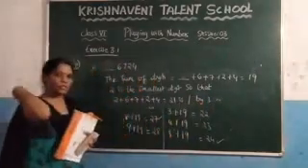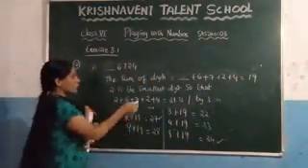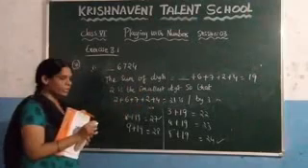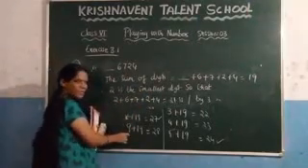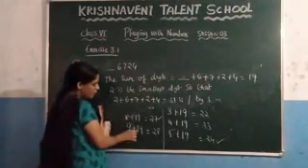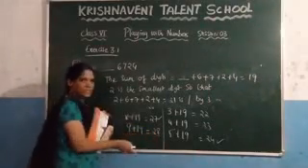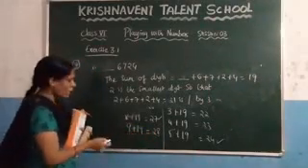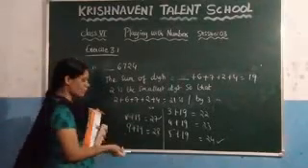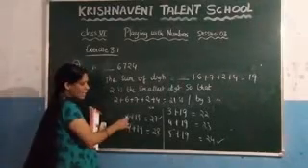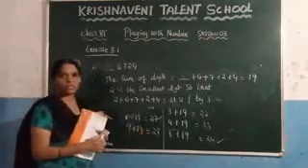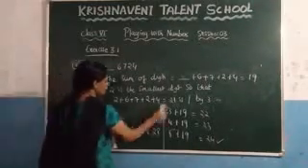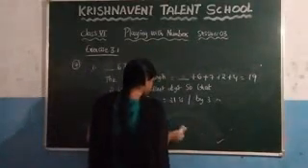Now similarly you need to check what is the greatest digit. You need to fill in this blank. So here, what is the greatest digit? You know that 9 is the greatest digit, but if you are adding 19 to 9, you are getting 28. 28 is not divisible by 3. And you need to check the number before. What is the number before here? 8. And if you are adding 8 to 19, you are getting 27, and you know that 27 is divisible by 3. So write it here. 8 is the greatest digit.